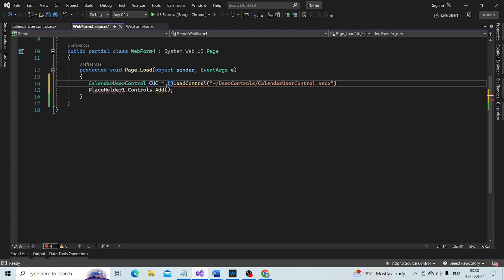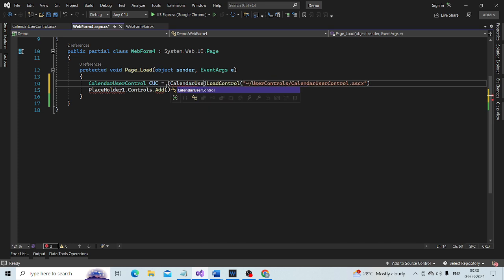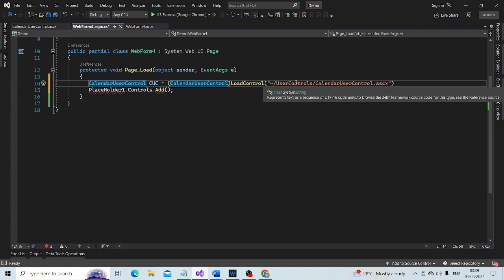Typecast it to calendar user control. Because we are loading this calendar user control, we know that it is a calendar user control.